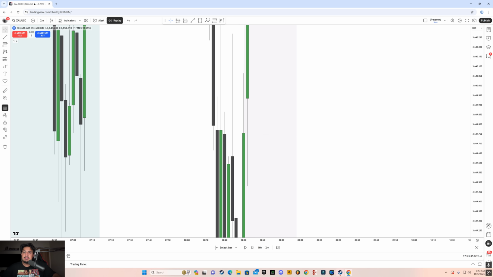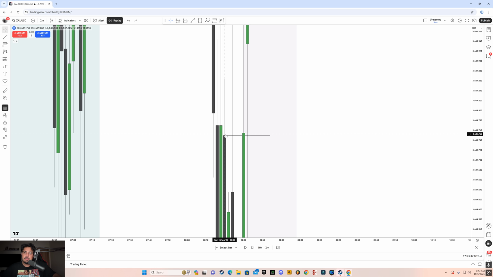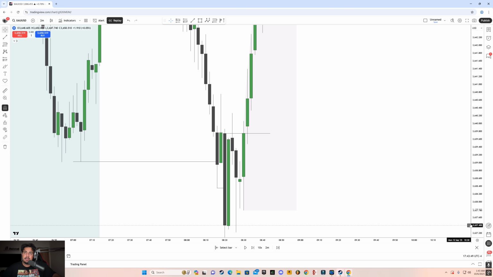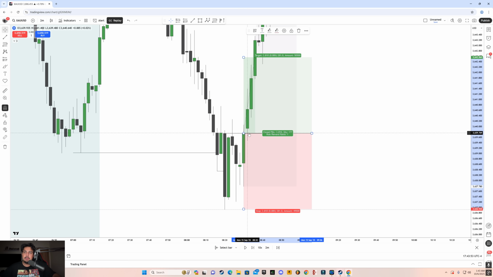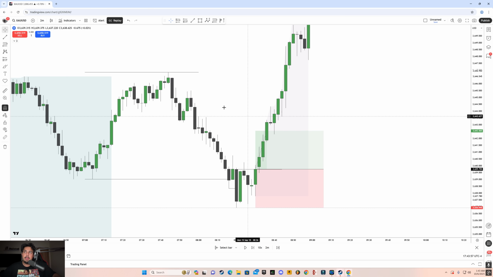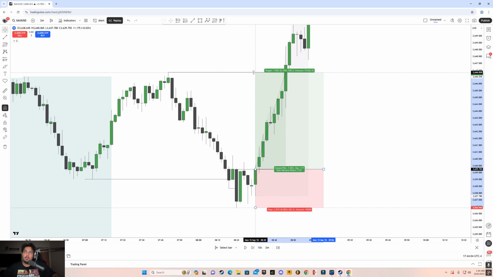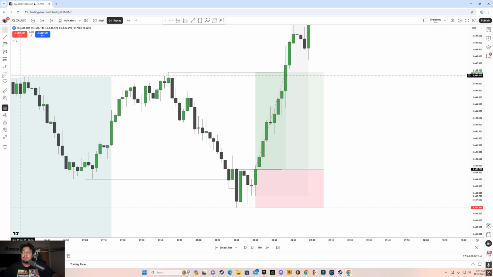So if you can see clearly here, we slightly closed above the body of this candle, so that is CISD. And then I would just pretty much enter right away, wouldn't wait for a retest because it's just too close. Would put my stop below the low, and then of course we have the 7 a.m. high resting around here, and you can see that price went up and then took out that level, giving you